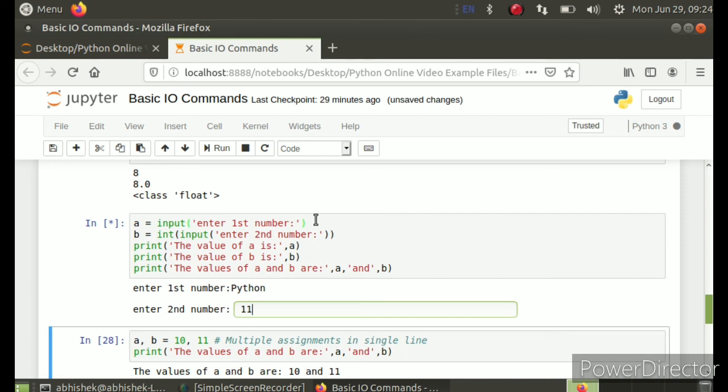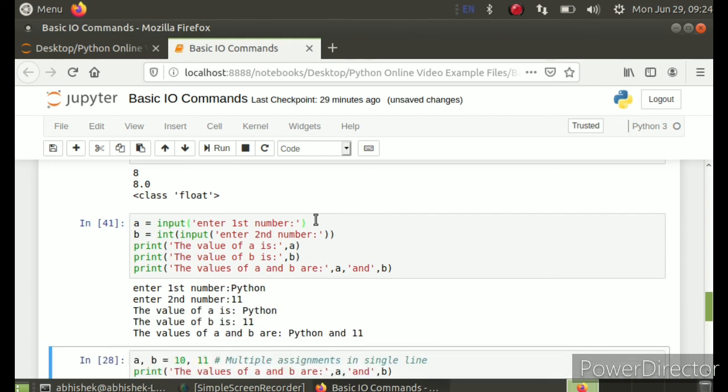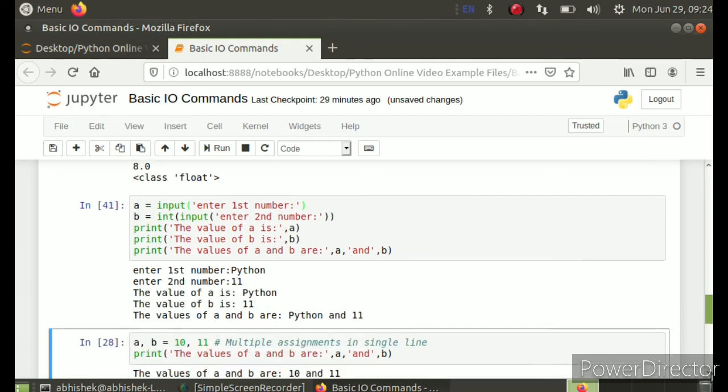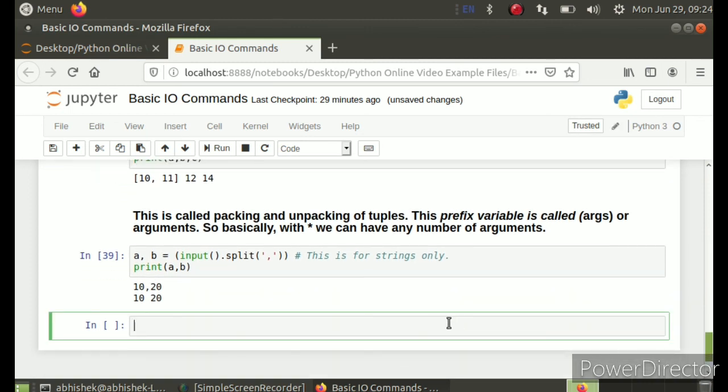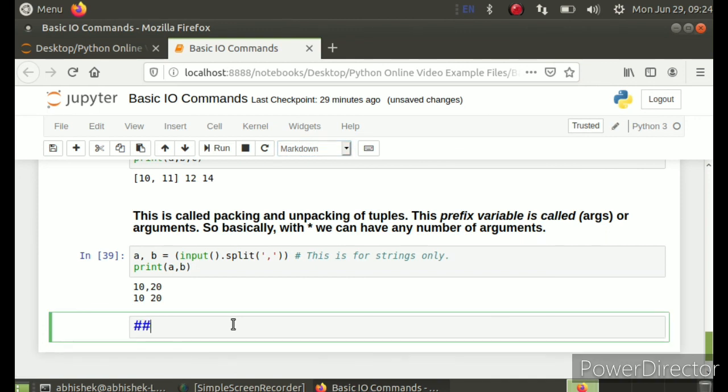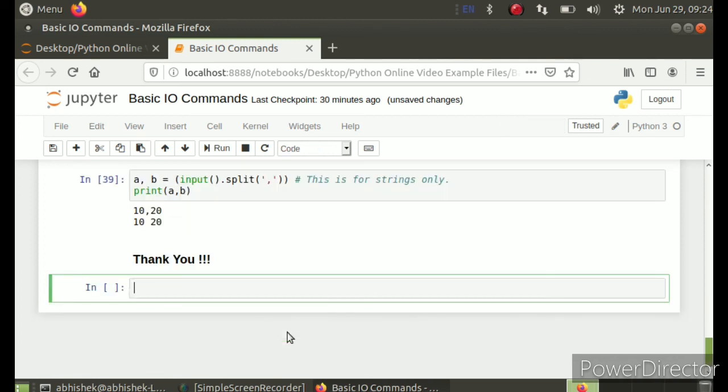So one I have written Python, another 11. Okay, one is a string, another is 11. It will run. Okay, so these were basic input output commands. Practice these, comment your opinions, what you feel. Thank you, and we will see you in the next lecture.